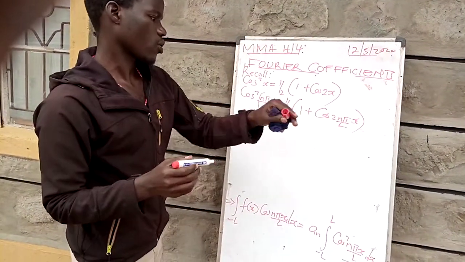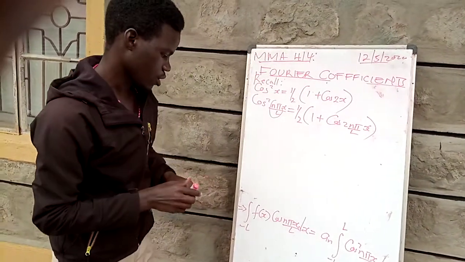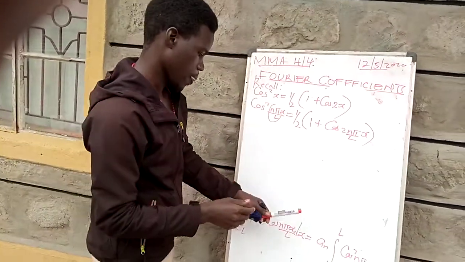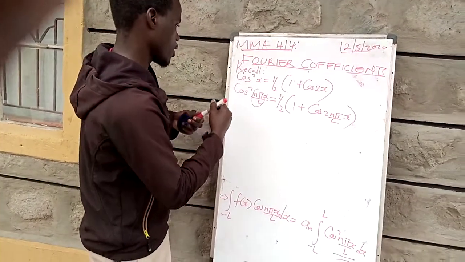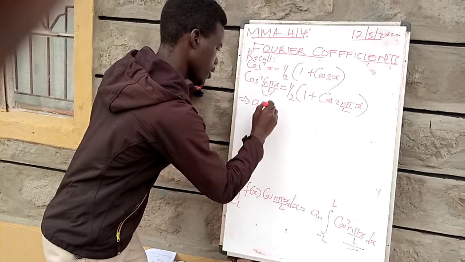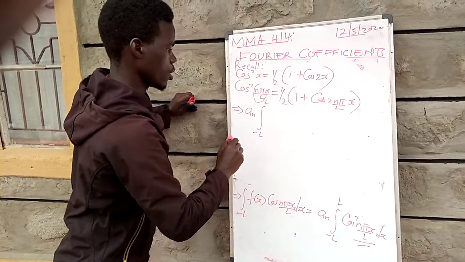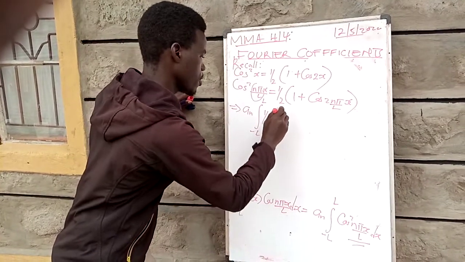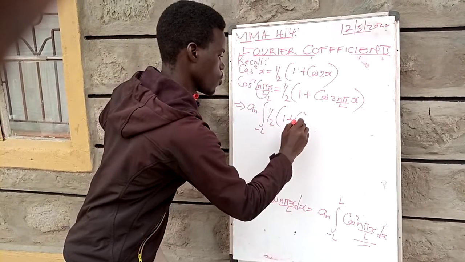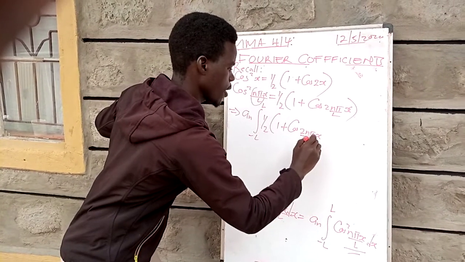So this is what we are going to integrate, and it will be an easier integration. So we proceed with the integration, which implies that a n times the integral from negative L to L of a half into 1 plus cos of 2n pi x over L